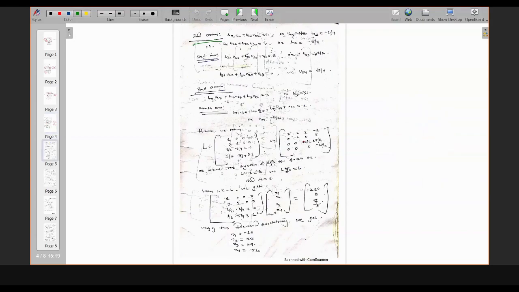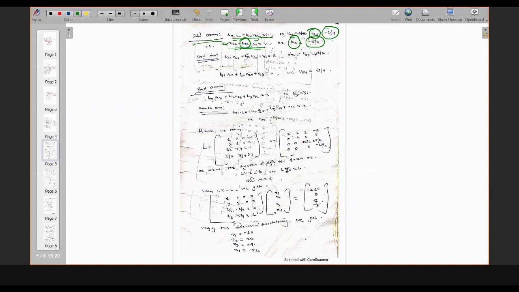You can see here, you need to compare only two elements. You will have only one unknown in each, that is your L32. So L32 we will have minus 1 by 4, and from this we will have L42. So L42, this value is not known, other three values are known. Then you will get minus 5 by 4, 5 by 4. Okay, so now first row, first column, second row, second column gone.